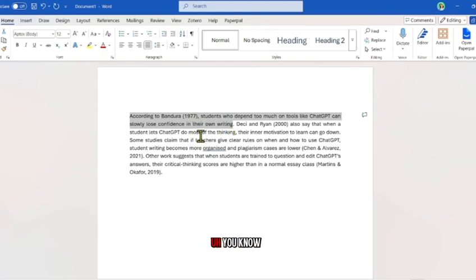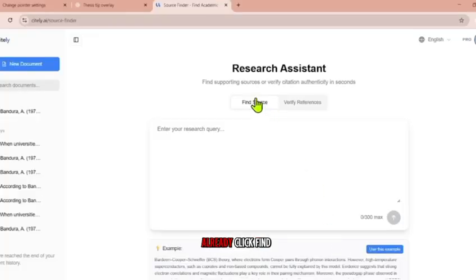We want to find the relevant resources, or else we have to change all our writing. What are the sources which have this information? It means, what papers say this statement? Okay, let's check how to do that. This is written by ChatGPT, and I'm going to copy this and go to Citely, and here we click find